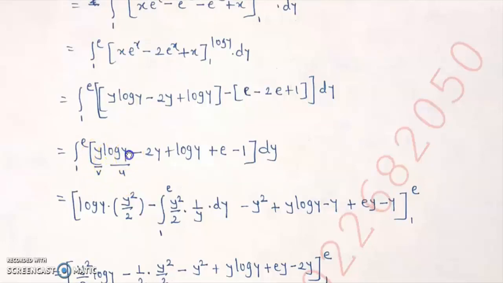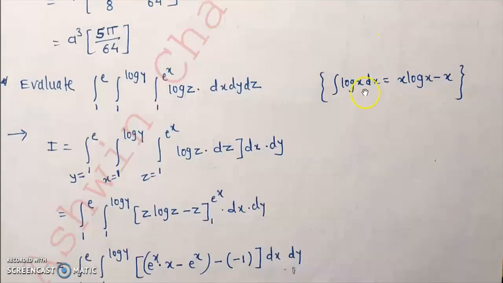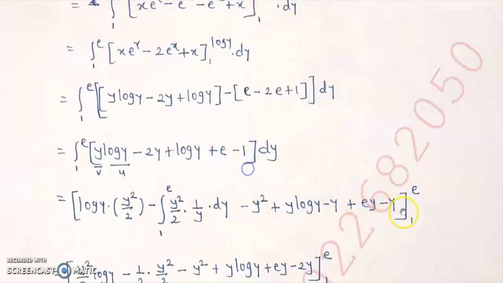It gives us first as it is, that is log y as it is, integral of y, that is y square by 2, minus integral derivative of first, so log y derivative 1 upon y, and integral of second is y square by 2 dy. So you know this can be integrated in the next step easily. Minus 2y, y integral is y square by 2, so 2 to cancel, only y square. Integral of log y is y log y minus y, like using the previous formula. Then plus ey minus y.